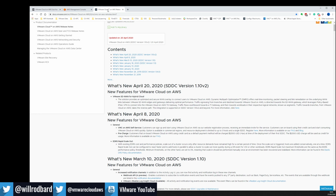So the new one as of yesterday, the SD-WAN for hybrid cloud, really new feature. I'm not massively familiar with our SD-WAN product, or VeloCloud as you may know it, but it's definitely going to help. So VeloCloud as a solution, as a product, I don't know if you know much about SD-WAN products at all, or how they function or what they do, but VeloCloud as a solution that we